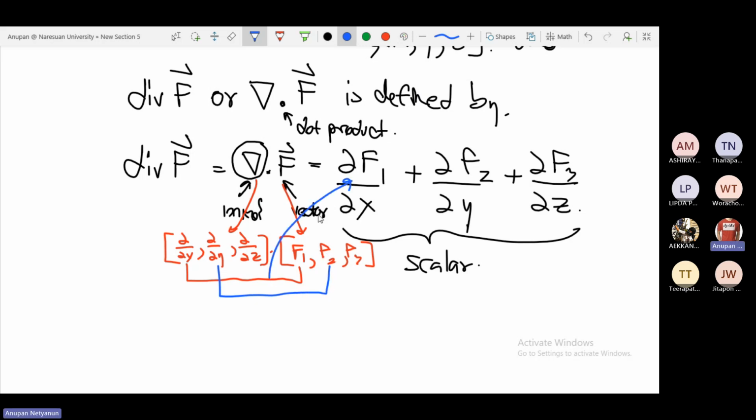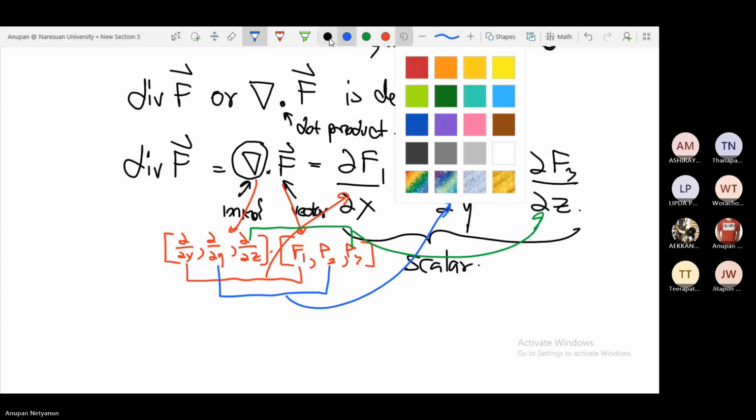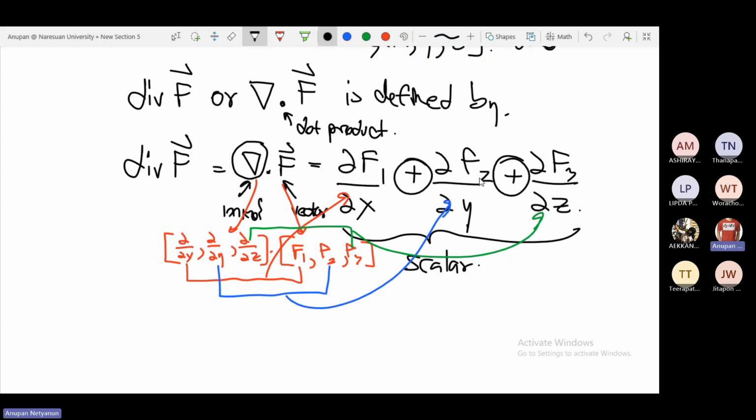See, this becomes this. Wait, I want to use red color. This and this become this. And then you multiply the last component. This becomes this. Okay. And then you sum them together. You sum them together. Then you get some kind of value, or a scalar. Okay. Now, let me give you an example,